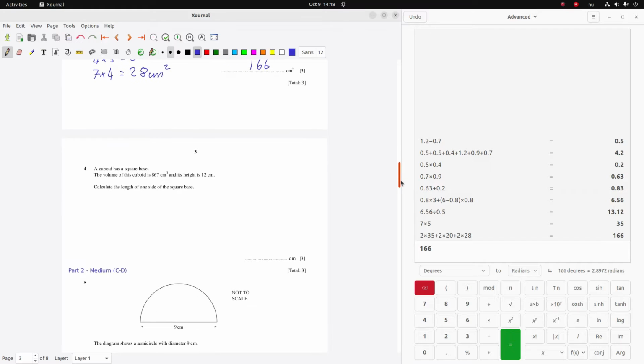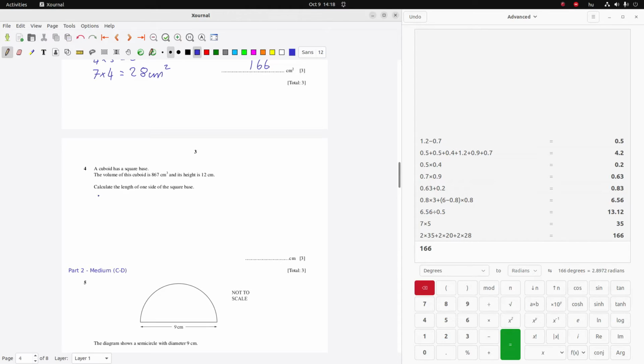Okay, a cuboid has a square base. The volume of the cuboid is 867 centimeters cubed and its height is 12. So we know that in a cuboid, if it has a square base, the width and the length are going to be the same, right? So the length of one side of the square base, let's just write an expression for the